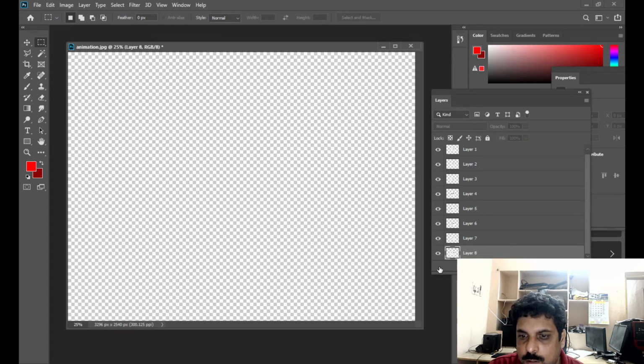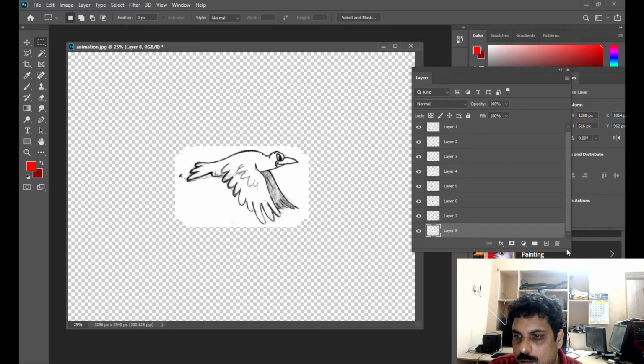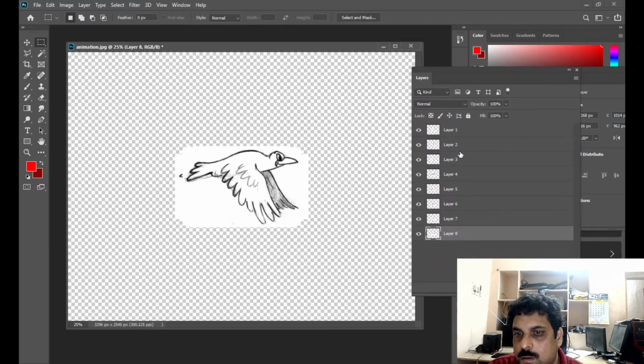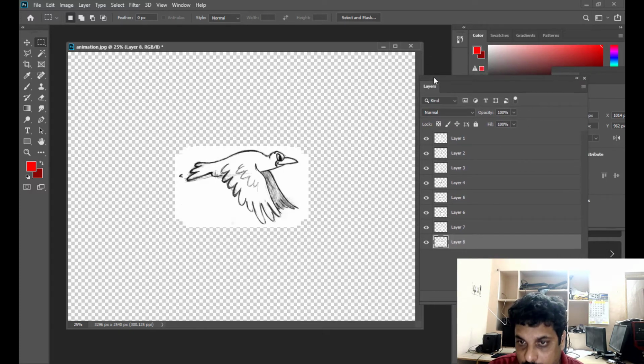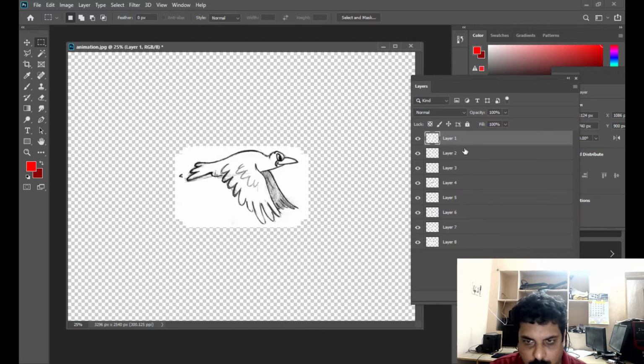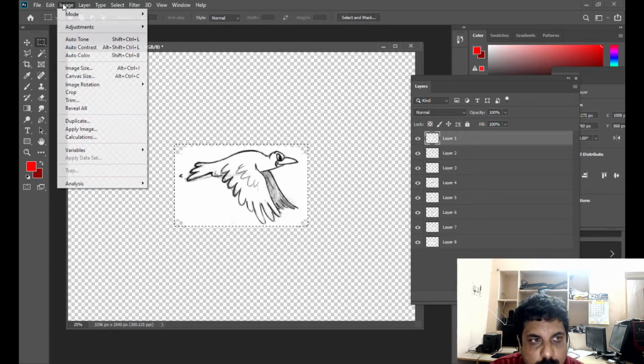So now we got all the images of birds, and each image is having its own layer now. So we have to do a little adjustment. We have to transform these images properly, and we will also crop this.